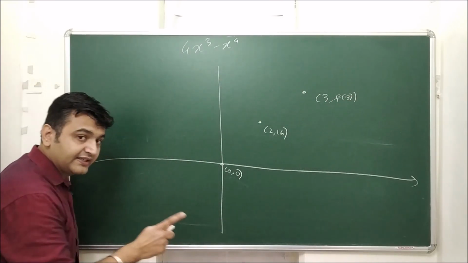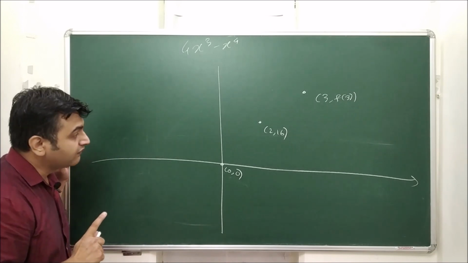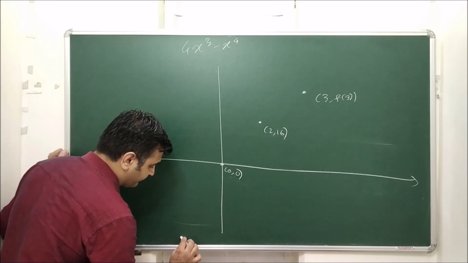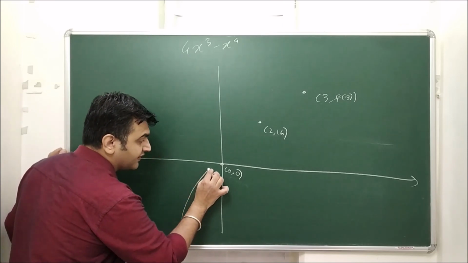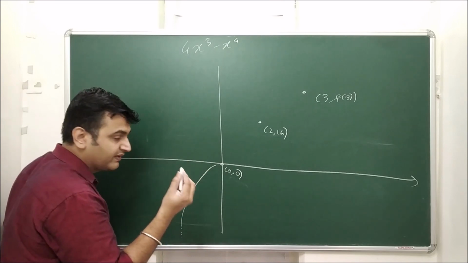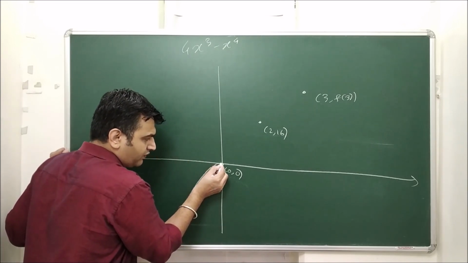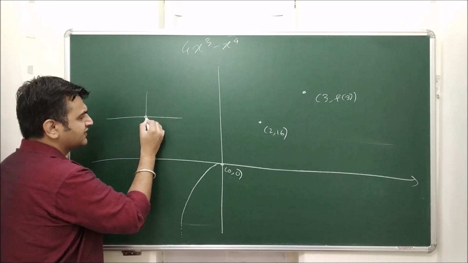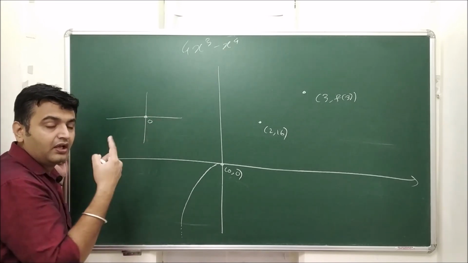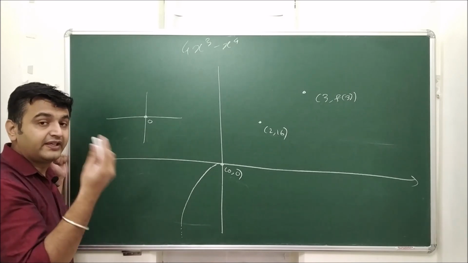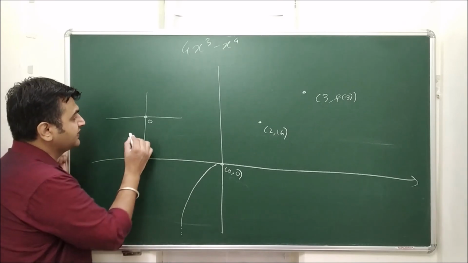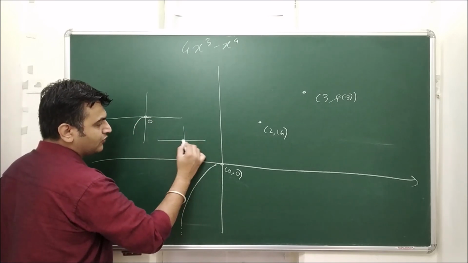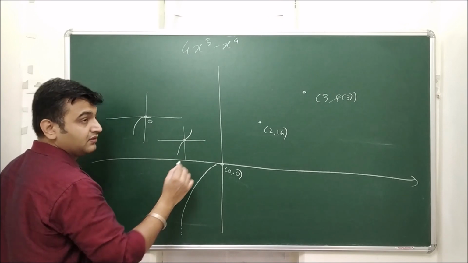Okay, now from minus infinity to 0, it was increasing and it was concave down, right? So something like this. And see, 0 was coming 3 times, so it will be a little bit horizontal over here. When the derivative is becoming 0 at 0 three times, meaning x cube, that means the graph will be much more horizontal over here. If it is becoming 0 only once, then it will go like this.